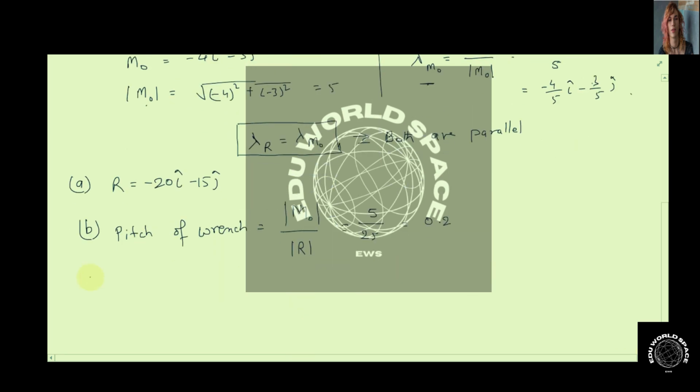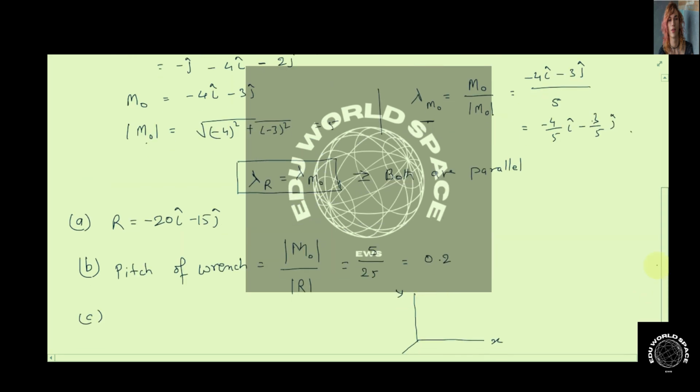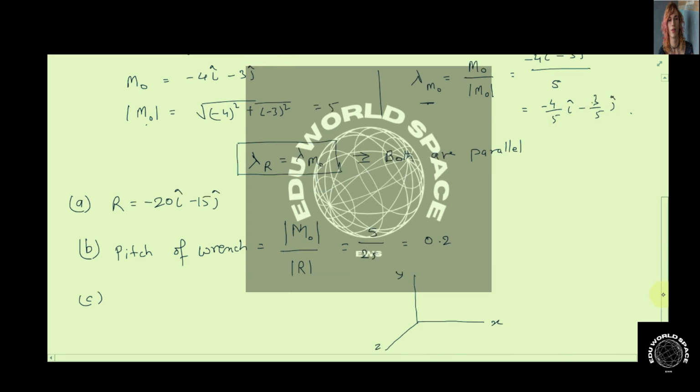And in the third part they are asking to find the line of action of this wrench, that is, where it intersects the xz plane. So let us draw the coordinate axes here. This is our x-axis, this is the y-axis, and this is the z-axis. Since we see that the unit vector is along minus 4 by 5 i cap minus 3 by 5 j cap,